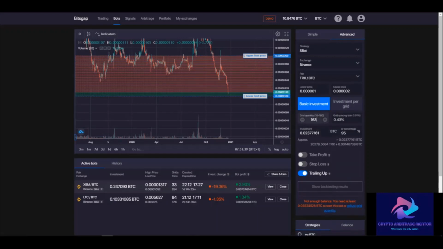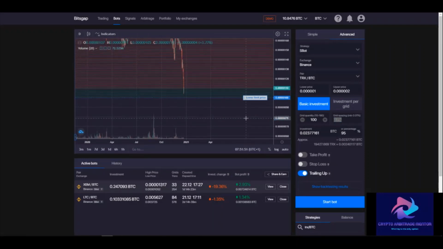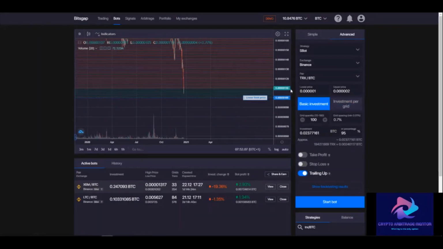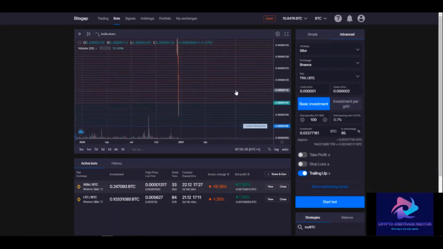with 100 grids, with a 0.7%. This is a good strategy. Remember what will happen here. If I start the bot, it is going to buy TRX. The bot tells me that I have to buy this amount of TRX at this price, at 110 satoshis. And then it's going to put all these sell orders, 1, 2, 3, 4, and so on,